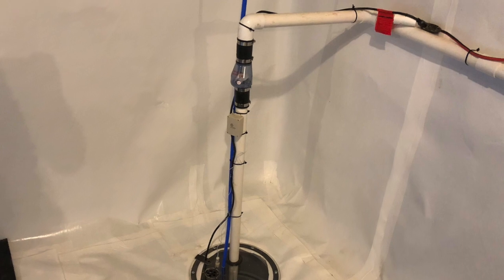But the reason I really like the boots is you install the sump pump system and you put this in just above the basin, and you have your PVC going in, you have your PVC coming out and going out the wall. Now, these don't tend to go bad very often, but what does go bad is the sump pump. Eventually, that pump's going to burn out, whether it's 3 years, 5 years, 10 years, what have you. It just happens. So when it does happen, instead of having to saw off that PVC and get new PVC and glue and unions and everything to get everything set back up and put a new check valve, because you're also going to need a new check valve since it's glued in and you're not going to be able to reuse that,